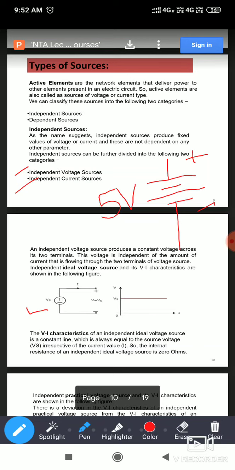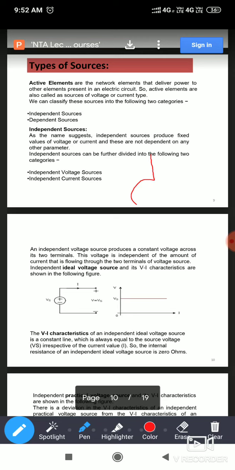Based on the symbols we can classify that this is the independent source, this is the dependent source, this is the voltage source, and that is the current source. Like this we can make a classification. Now this is about the independent voltage source. What about the independent current source? It is a circle with an arrow in it. That arrow indicates the direction of current flow. How you connect this current source in the circuit depends on that direction. The circle with an arrow within is called the independent current source.